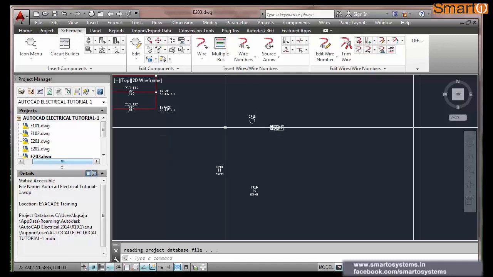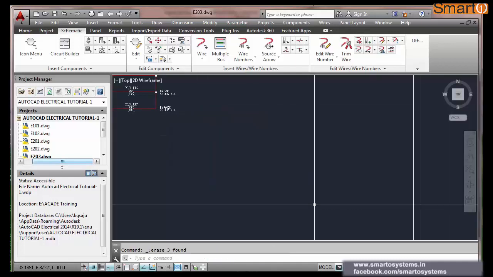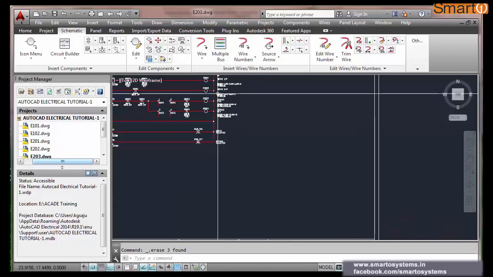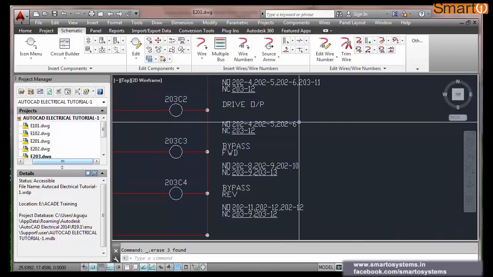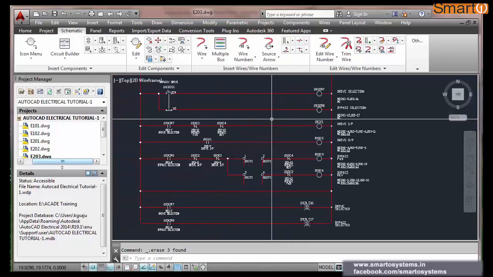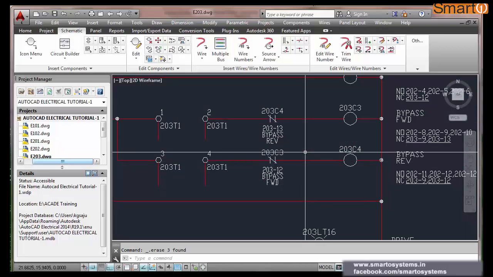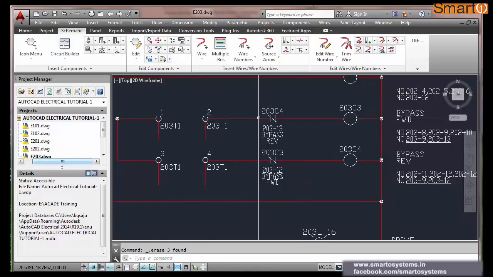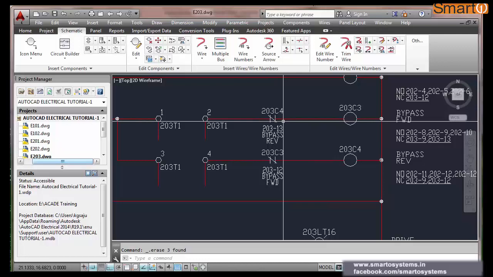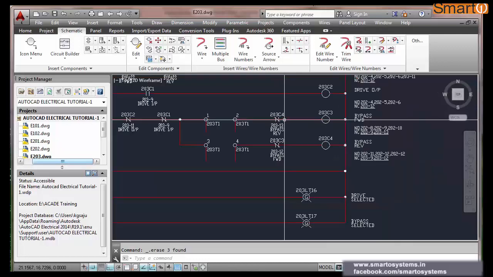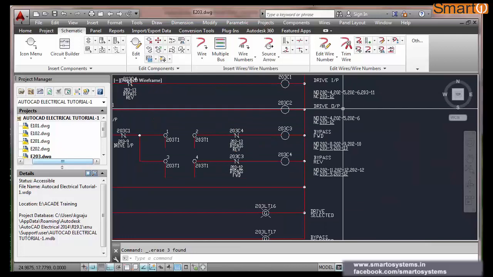Otherwise what happens is, you as a design engineer sometimes may miss calculating the number of contacts available with a relay. You will think that yes, if we put an interlocking between these two, the circuit will be okay. You will simply go and insert a component, insert a contact. In fact, during the manufacturing time, you will find that the relay which you ordered doesn't have that many auxiliary contacts. So you better take care while inserting the components that the relays have an adequate number of contacts. Otherwise, you will face problems during the manufacturing time.